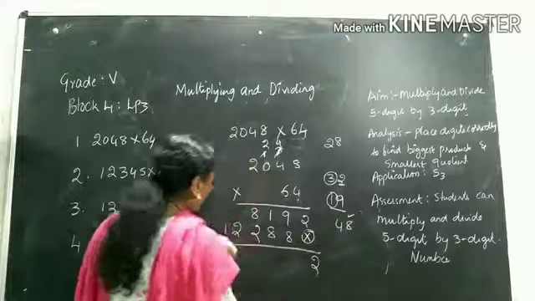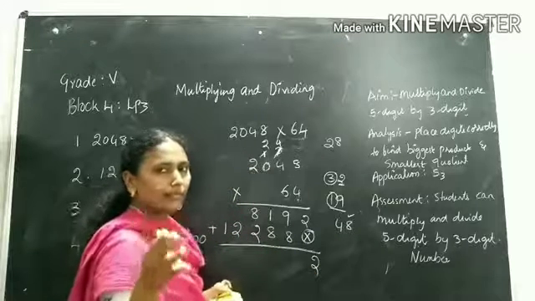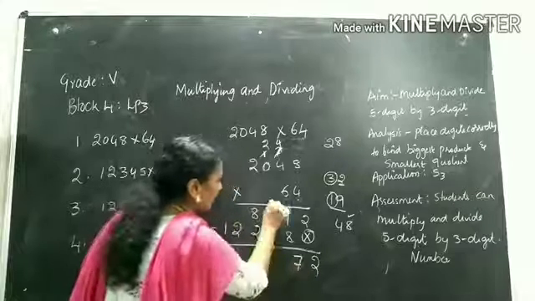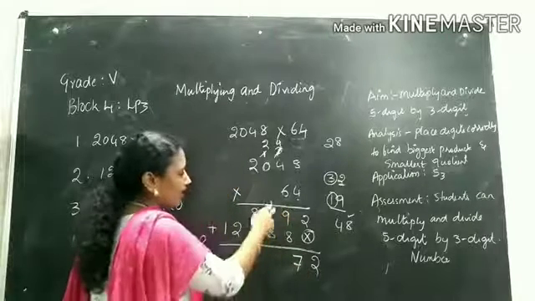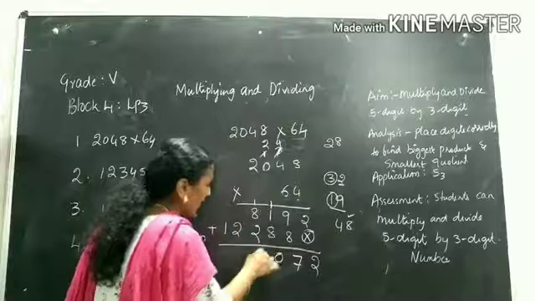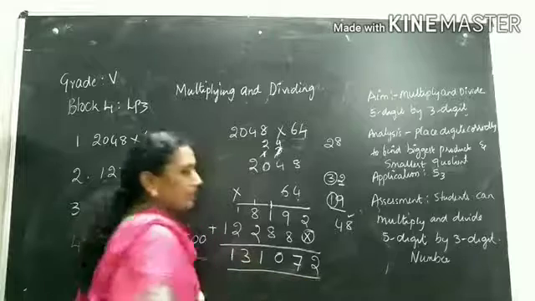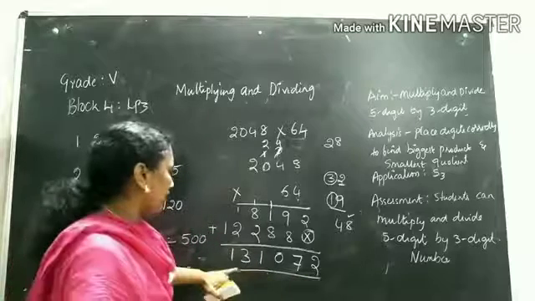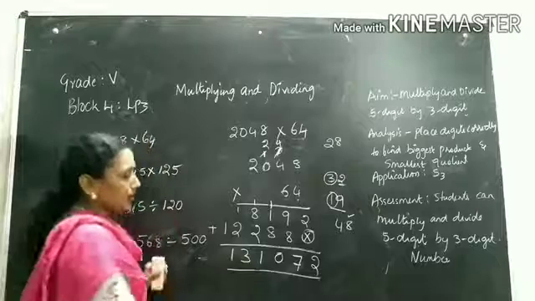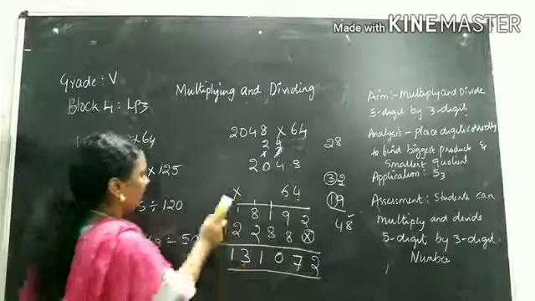2. Now I am going to add the numbers. 2, 9 plus 8, 9, 10, 11, 12, 13, 14, 15, 16 and 17. 17. 8 plus 1 is 9, 9 plus 1 is 10. 8 plus 2 is 10 and 10 plus 1 is 11. 2 plus 1 is 3 and 1. 13. What is my answer here? 131,000. Okay. Now you understood how to write the numbers one after one. We will see the other number.